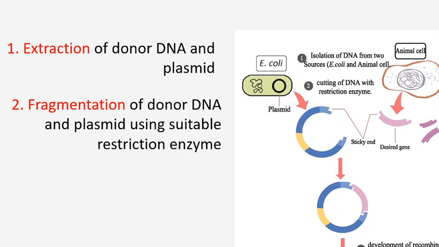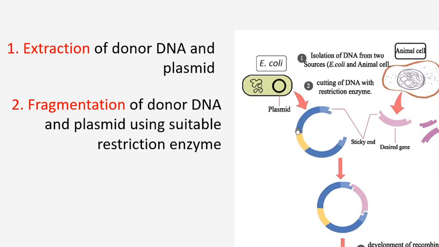So we have to make fragments of the total 2-meter long DNA and cut out only the insulin gene. How is that cut at the particular segment? The desired gene is cut using a specific suitable restriction enzyme. So we can collect the insulin gene from the rest of the genes,